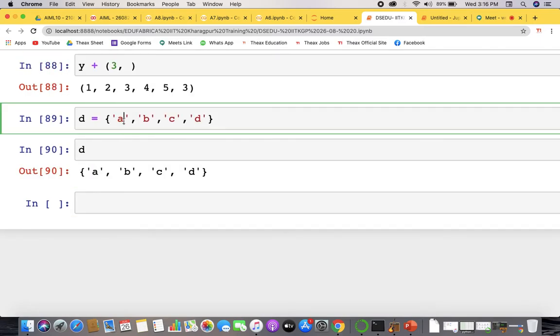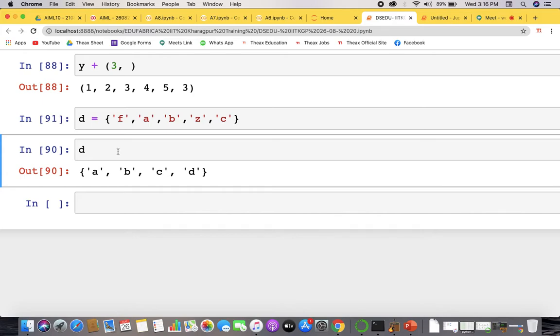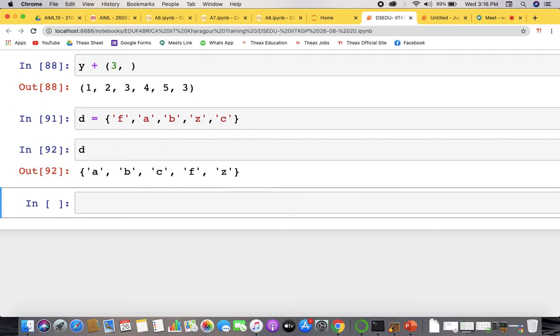But what if I make it A, B, W, or Z, or C? If we just run our D now, according to the ASCII codes, the characters come up as A, B, C, F, Z. So what you defined will not be the order when you run it. What comes according to the ordinals will be the order.